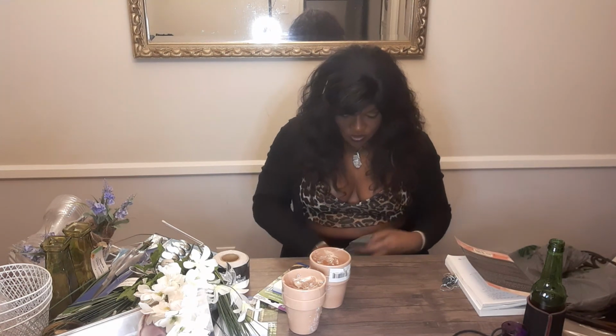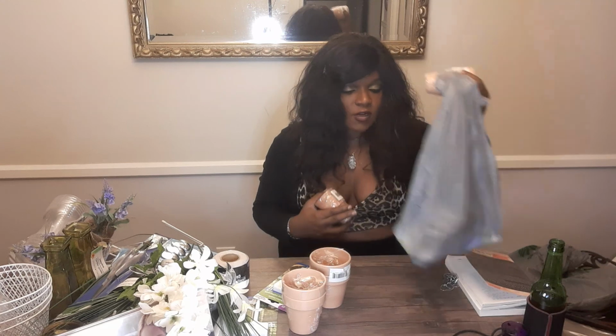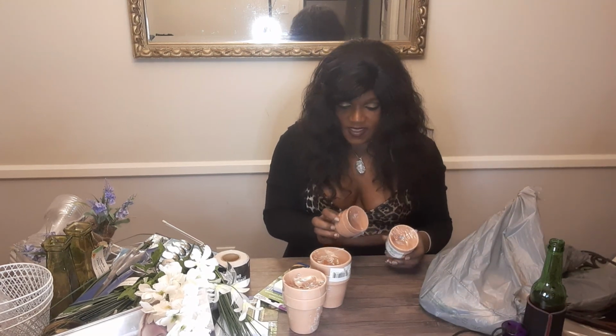Because I bought a lot of my stuff in stages. I have my bags that I already bought from my store a while ago. I got tags I bought a while ago. I have packaging that I bought a while ago. So I'll try to keep that in mind. That's why, if you're wondering why all my stuff is so neutral, because I bought so much stuff in the past year for this day. And then they have these smaller terracotta ones, which I thought